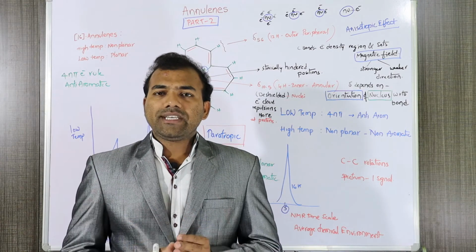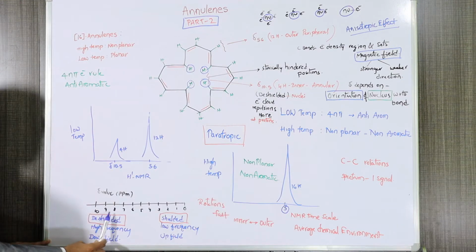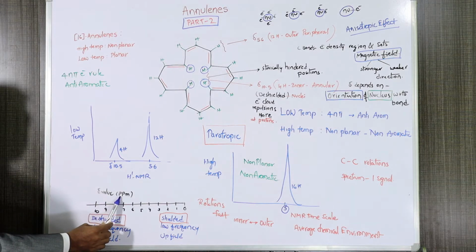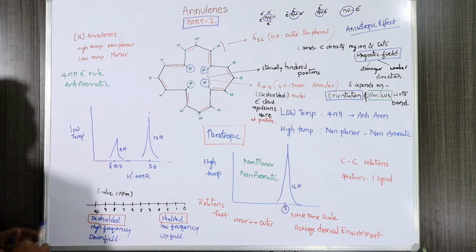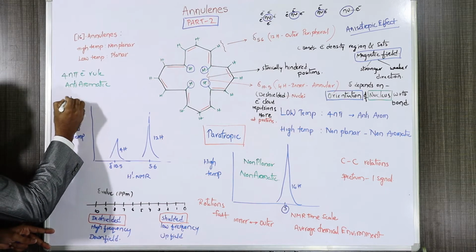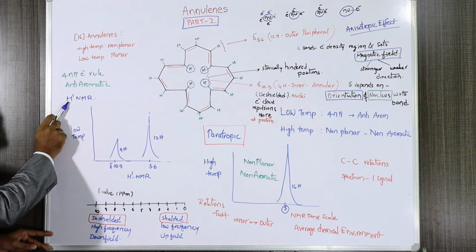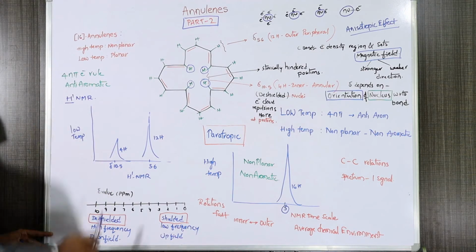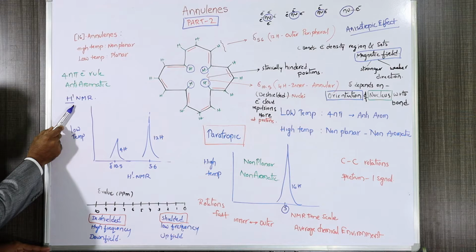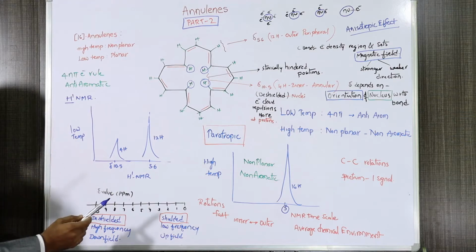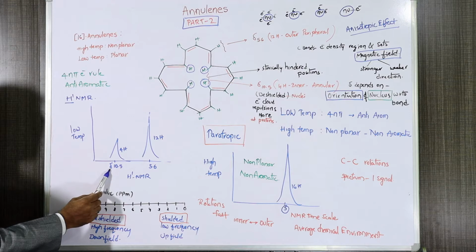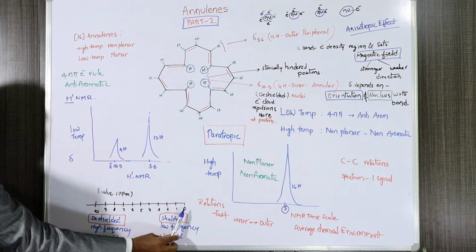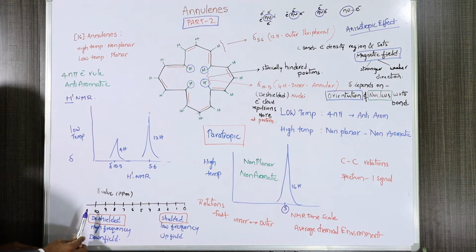So first we should know what the chemical shift value is. This is the chemical shift value scale. Generally, we represent the chemical shift value in parts per million. In H1 NMR spectroscopy, we study only hydrogen atoms, not carbon atoms or other atoms. Hydrogens play the key role in hydrogen NMR spectroscopy. Chemical shift value is generally represented by delta. So this is the scale, here 0, 1, 2, 3 up to 10.